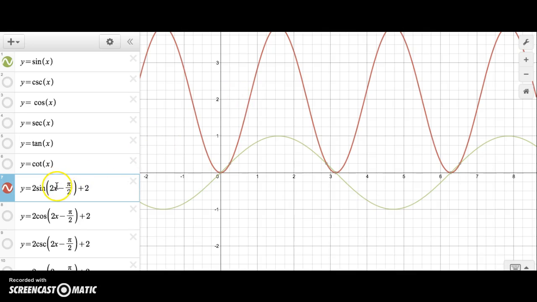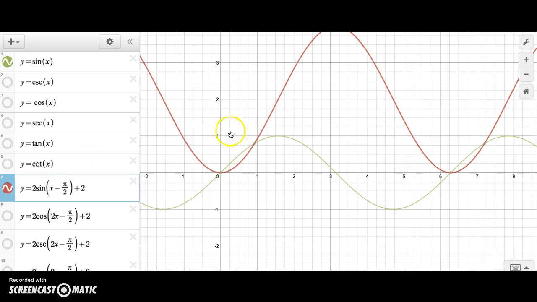And you use this 2 to find your period, and the period is found by 2 pi over 2 in this case, but usually it's 2 pi over k, and usually k is this number. Now, without this number, it's pretty much the same deal. It doesn't look it, but it's pretty much the same deal